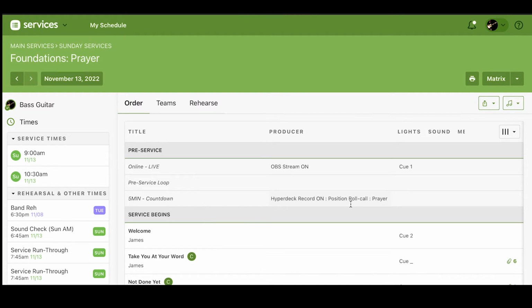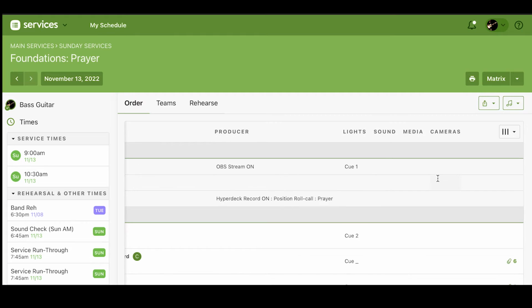Now we're going to go to the center and right of the screen. On the left side, you'll see the titles, then who the producer is. There'll be lights, sound, media, cameras, and then we also have all of our attachments. They can attach plan files on the far left under the volunteers, and that's where my church loads up the